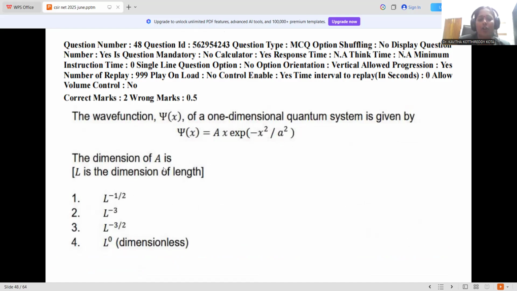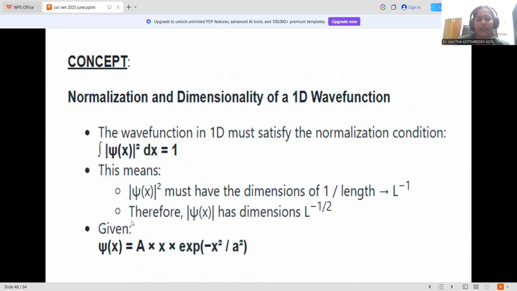The dimension of A: L is the dimension of length. L is designated as the length dimension. If that is the case, then the dimension of A is to be identified from these 4 options, right? So here, normalization and dimensionality of a one-dimensional wave function: the wave function in a one-dimensional box must satisfy the normalization